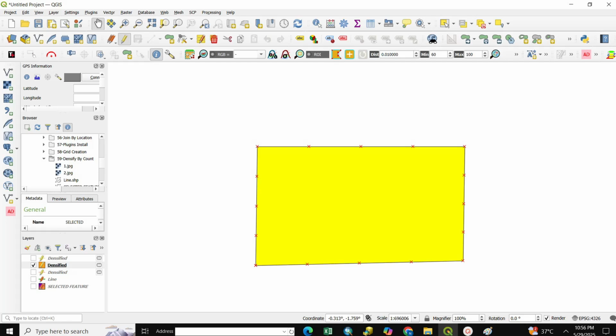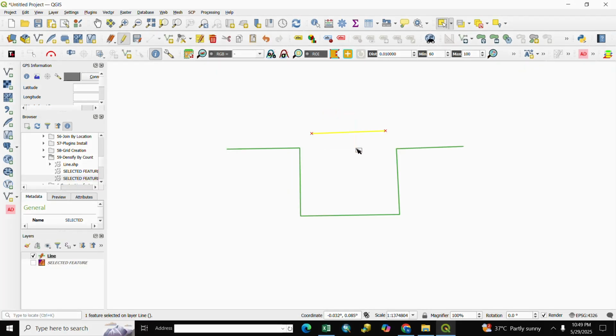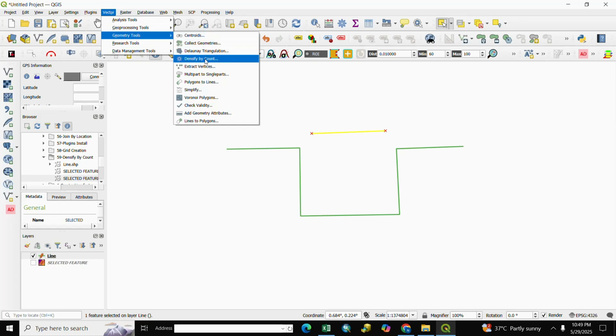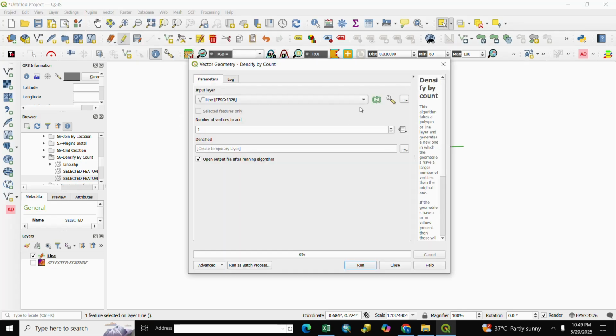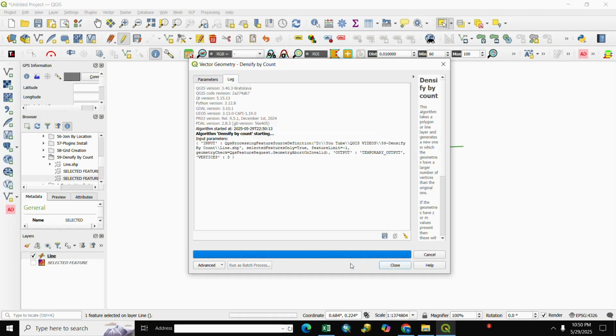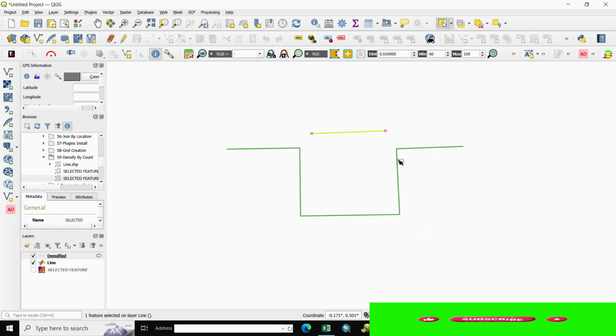So let's start. Here is a single line, and here is another line. If you want to densify by count, we select it and go to Vector, Geometry Tool, and select Densify by count. We select the line, selected features only. You click, and we write 3 as the number of vertices, then run and close it, and you see